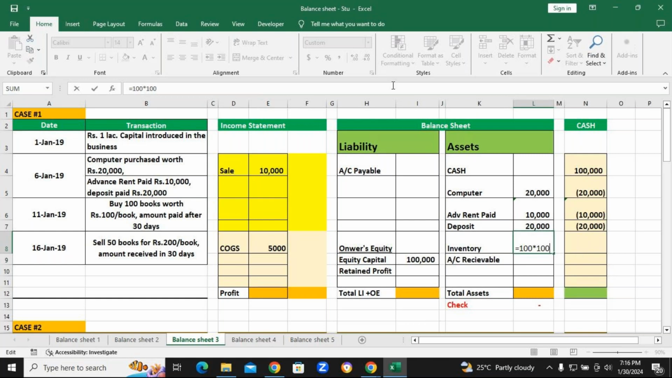So COGS here I'll mention. How am I going to mention it? I'll show the books that I purchased: 100 books I have bought at the rate of 100 rupees, minus the books I am selling. How many books am I selling? 50 books. At what rate did I buy these 50 books? At the rate of 100. So here I am showing only the inventory part, the books I have purchased and the books I have sold. So here it is going to show that,